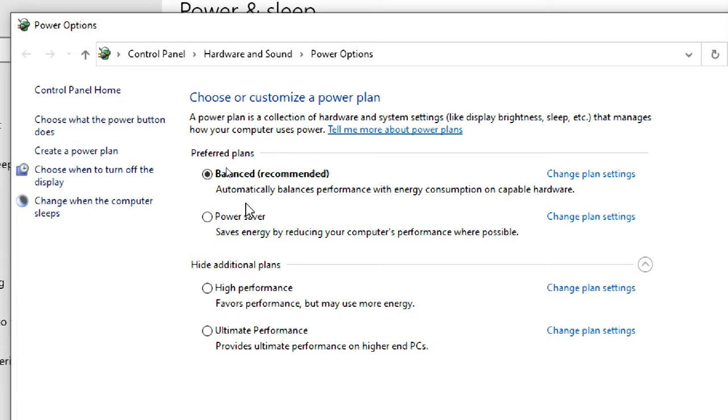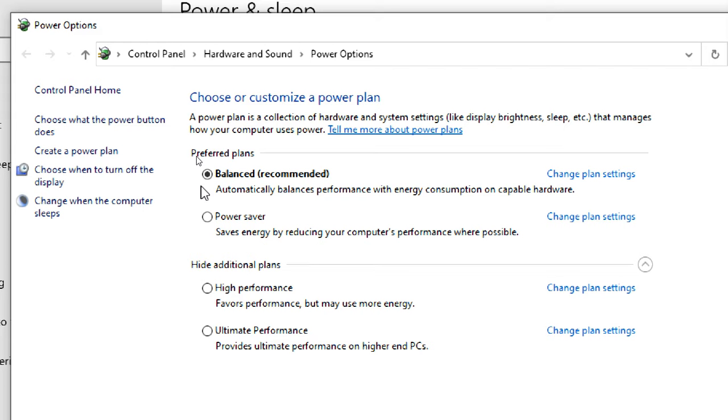Here you can see Balanced: it automatically balances the performance with energy consumption on capable hardware. It balances both energy consumption and PC performance. Power saver saves energy by reducing your computer performance where possible.